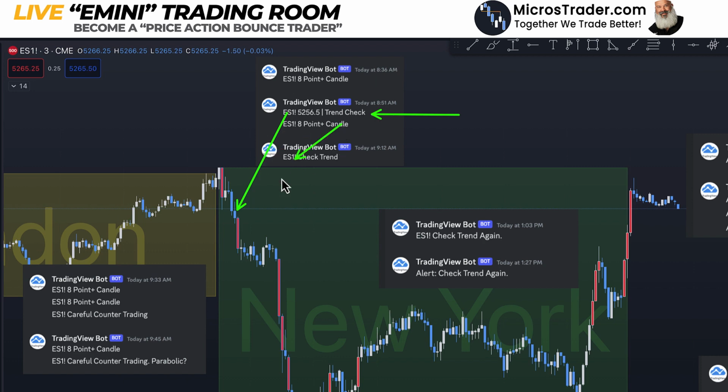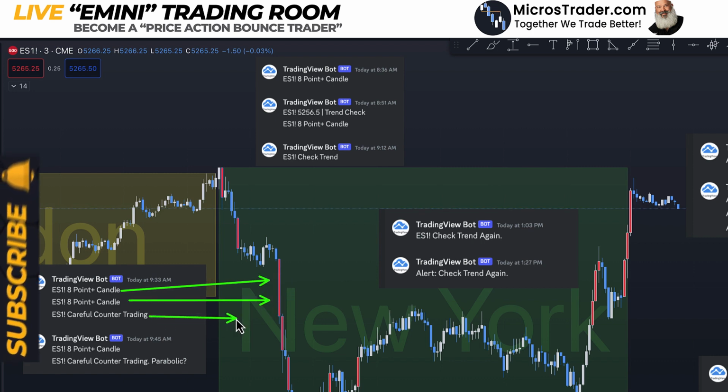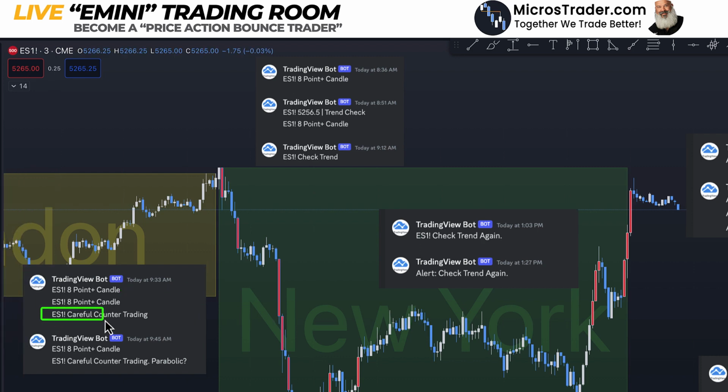Then we got another 8-point candle. Then you got another right in here, trend check warning. Then price started to move, another 8-point candle, another 8-point candle, and then careful counter trading. How cool is this message? Careful counter trading, especially at this moment in time. Then you got another 8-point candle. Then you got another warning in here. Careful counter trading,